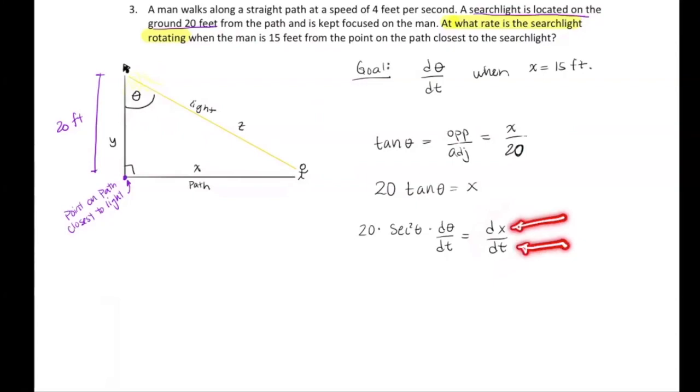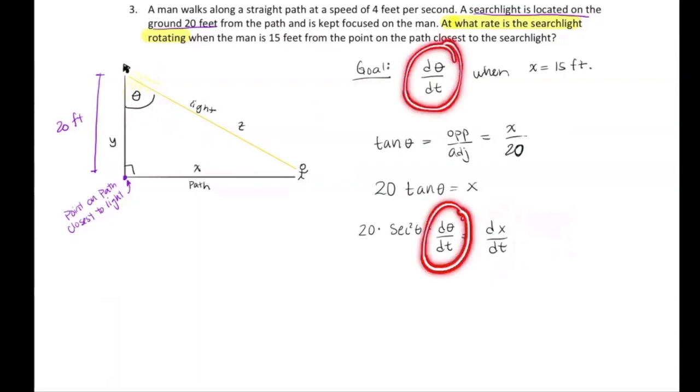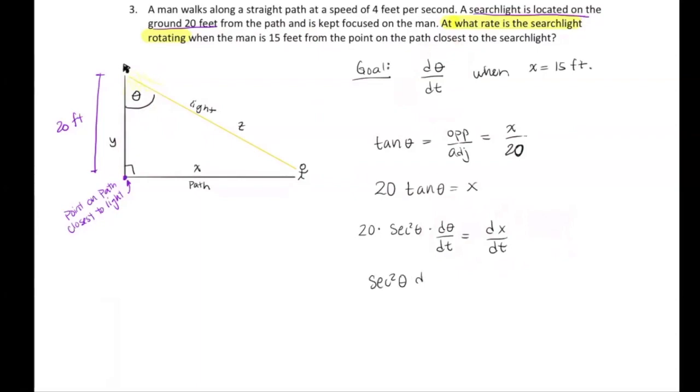Okay, so let's see what we found by this derivative. We found our goal. Our goal is right here. That's nice. So let's rewrite this. Secant squared theta d theta over dt equals 1 over 20 dx over dt. And if you notice, all I did was divide both sides by 20. And now